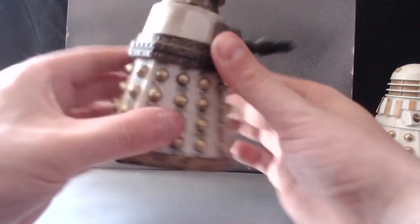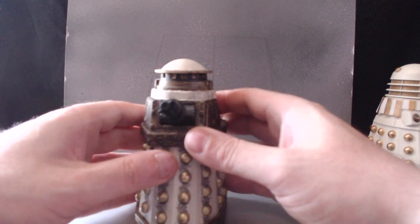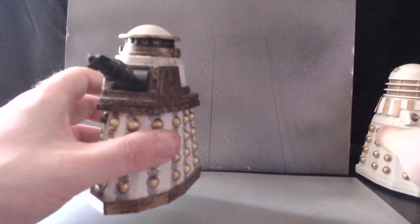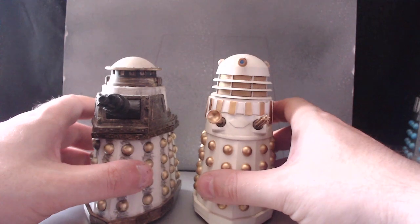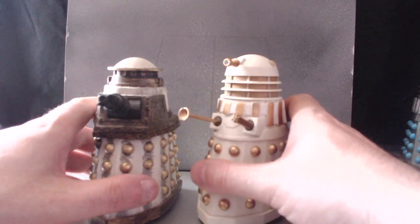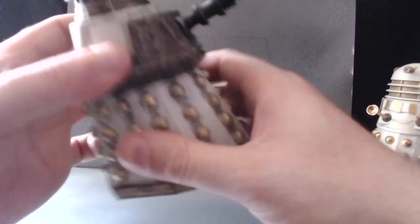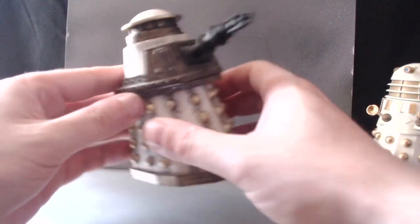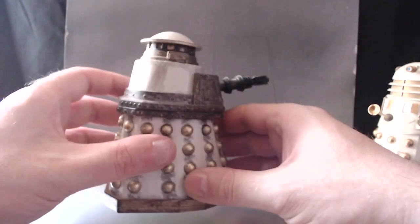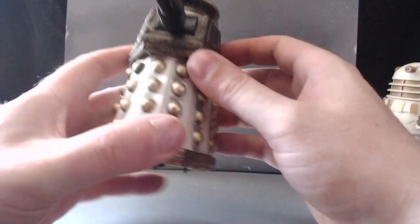And they don't speak anyway, because if you read the book, they are kind of just in their little casing, shaking away because they're so angry. They're like, I just want to kill. That's why they have to have a minder with them, because this Dalek controls that one, and if the battle goes against them, it can go, okay, I'm off, or if it dies, the control is lost. And why is that so heavy? Just because that's solid. Anyway, this guy then just goes mental, but he might accidentally turn his cannon on his fellows. So, very simple figure,